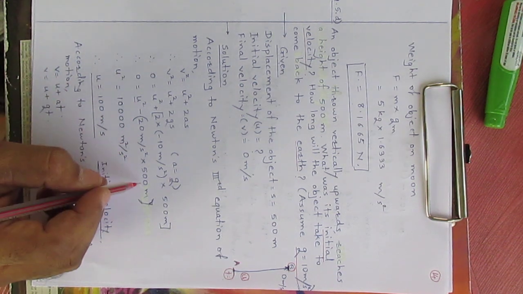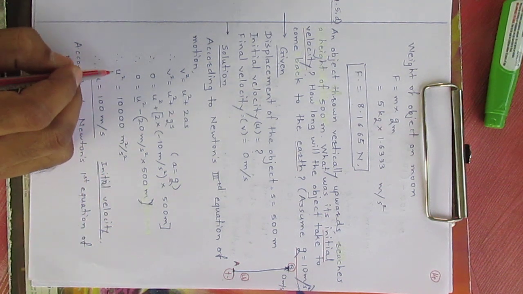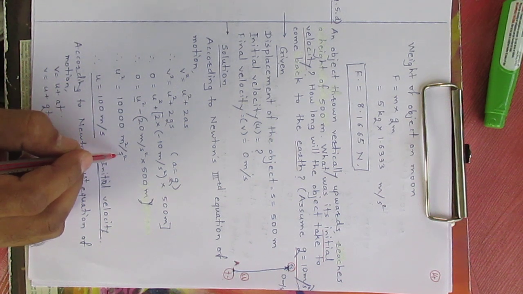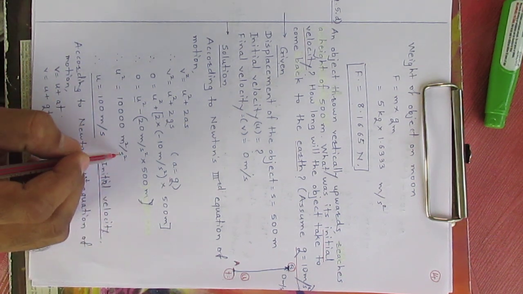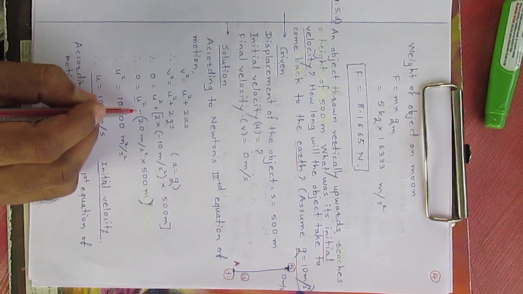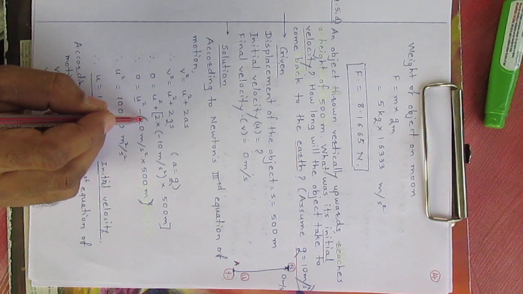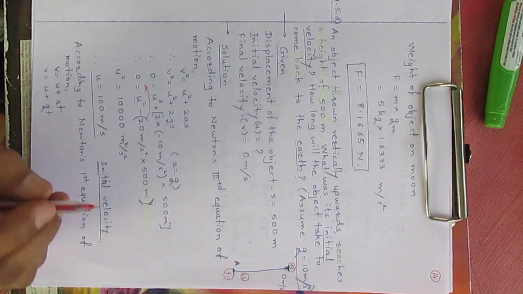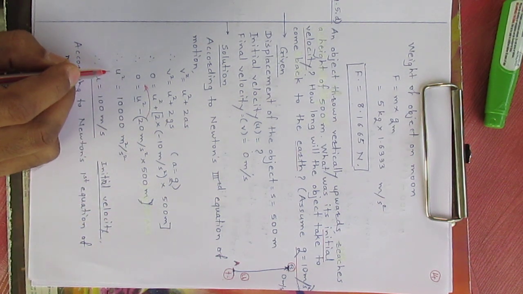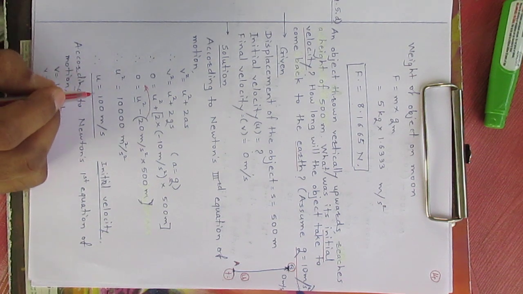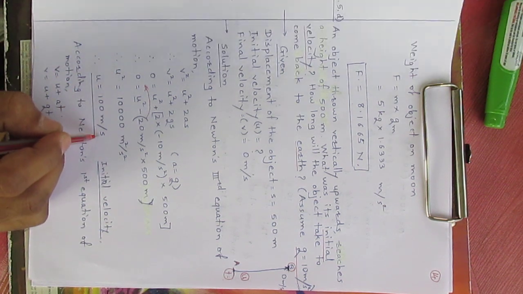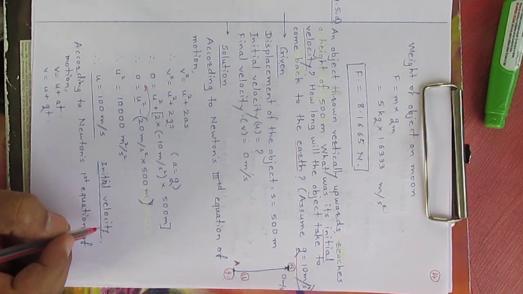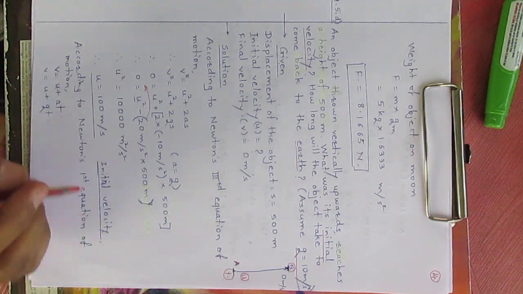Totally, by multiplying these two values by each other, u square is equal to 10,000 meter square per second square. Meter into meter and second square is present already in the denominator, and this negative sign will be cancelled as we are transferring these values to the other side of the equation. Therefore now by taking the square roots on both the sides, u is equal to 100 meter per second, and this is the initial velocity of the object when it is thrown in upward direction.